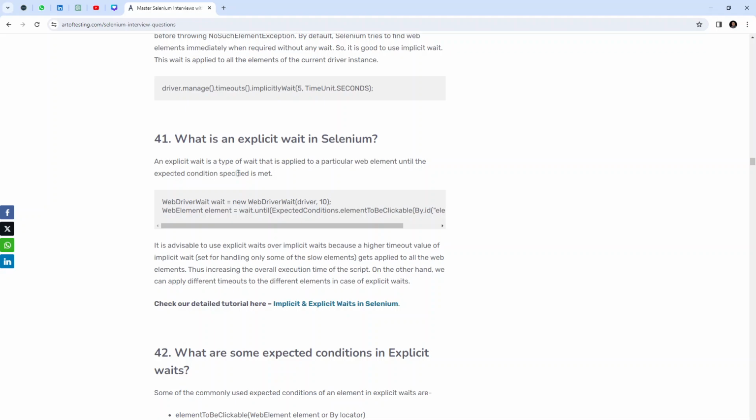An explicit wait is a type of wait that is applied to a particular web element until the expected condition specified is met. WebDriverWait wait = new WebDriverWait(driver, 10); WebElement element = wait.until(ExpectedConditions.elementToBeClickable(By.id("elementID")));